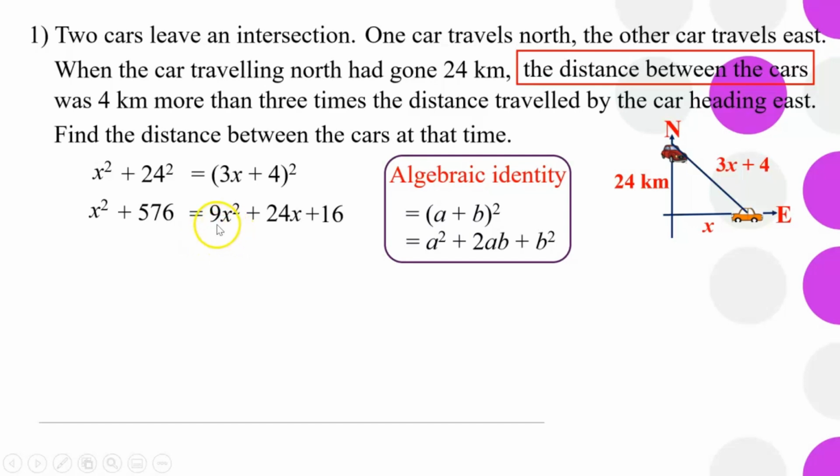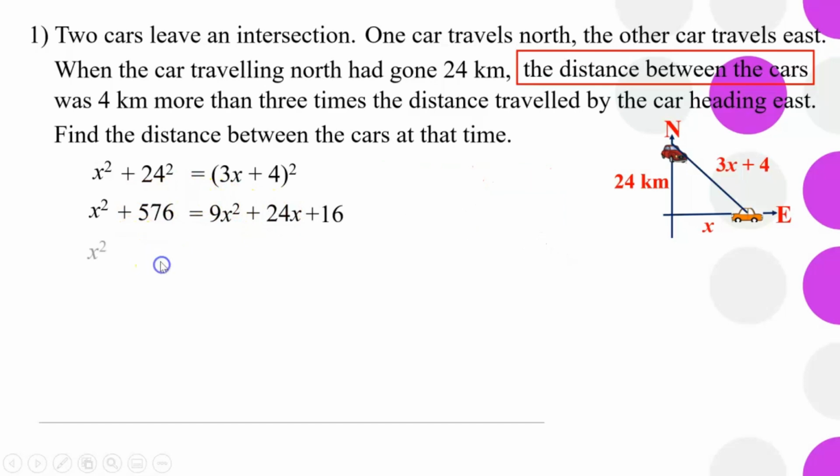Now let us subtract all of these on the right hand side, and then we will get x squared minus 9x squared minus 24x plus 576 minus 16 is equal to 0. Let us tidy up this. x squared minus 9x squared will give you minus 8x squared minus 24x, then 576 minus 16 will give you 560,